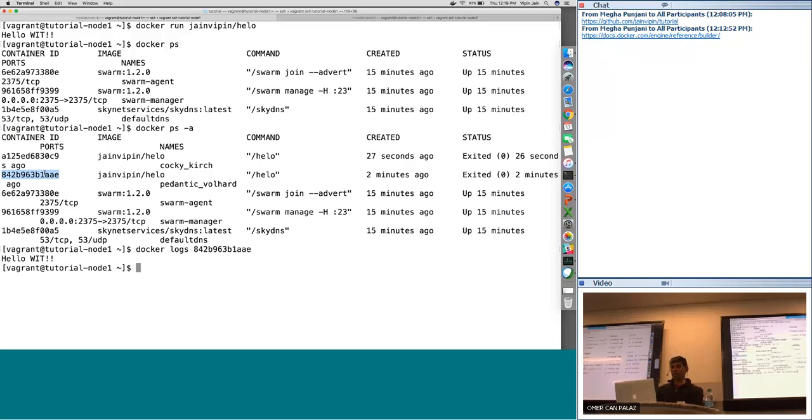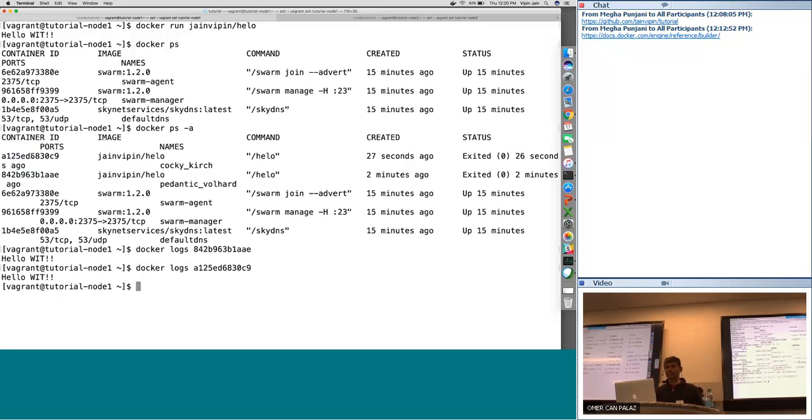So I can look at the logs that were produced by container number 1, which exited 2 minutes ago. I can pick another container to say show me the logs for this container. Of course, it's going to look exactly the same because we ran the same application twice. So the application ran, it executed, but we are now trying to examine what happened to that container, and what logs were produced. This is mostly useful when things don't go right, and maybe in some cases when things go right, you want to check that.